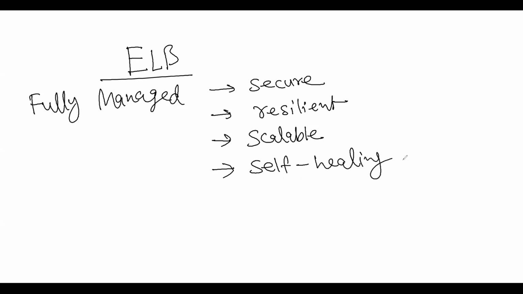Harish, here ELB is scalable. How is it? I didn't understand that. It's fully based on the requirement. Say if there is any load, because it's not managed by us, right? It's managed by Amazon, correct? So whatever load comes, it's not necessary that one particular ELB would be able to manage it. If the load is too much, one ELB may not be able to manage it properly. So for us, it will look like one device.